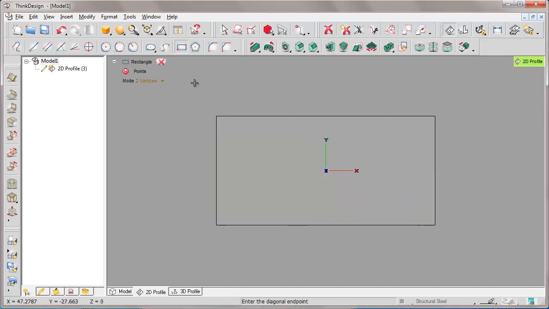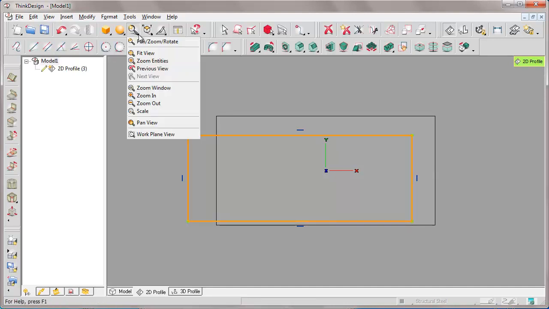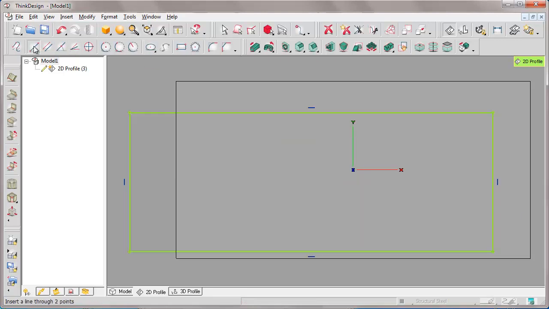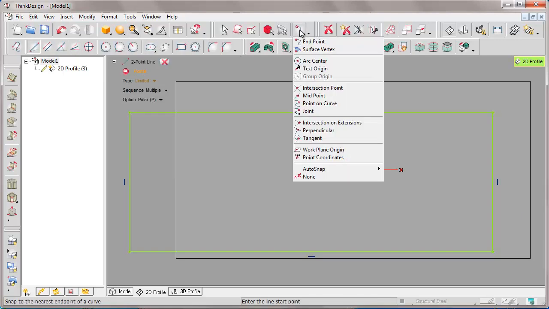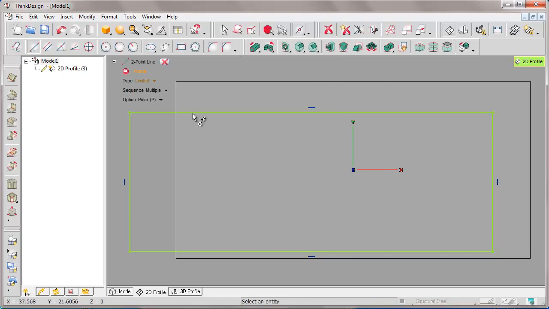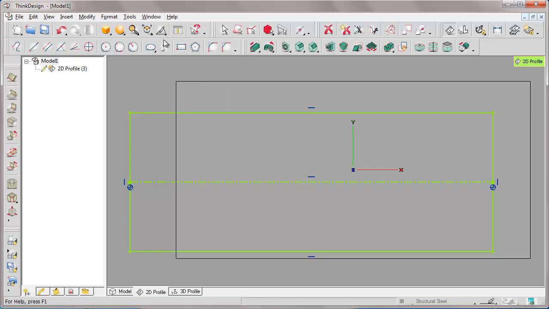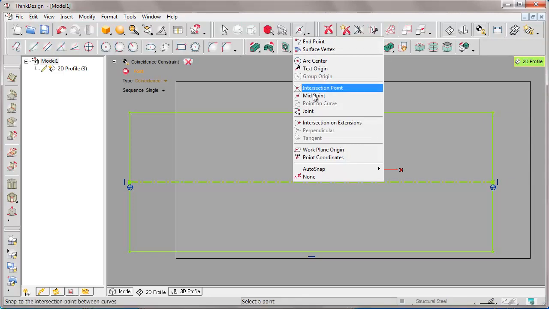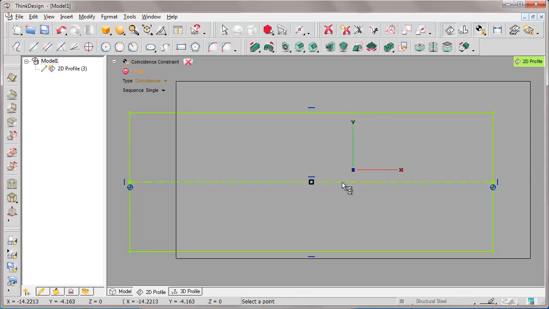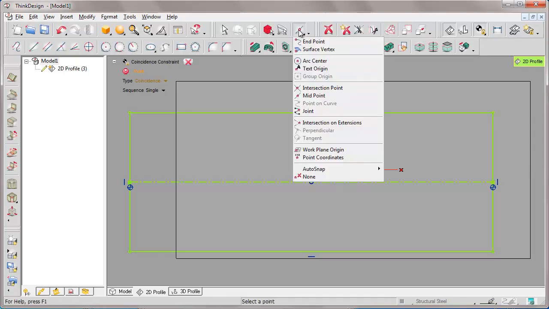We draw a rectangle with 3 sizes, and later a line passing through the midpoints of the vertical lines. This is because we want to use it as the reference axis, so that, once it has been selected, we say make it reference. Therefore it is a line that won't generate solid faces, but only a reference entity of our profile. Let's add a coincidence constraint between the midpoint of the center line and the workplane origin.